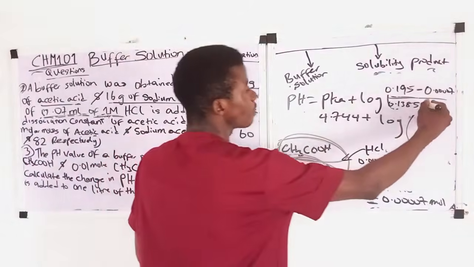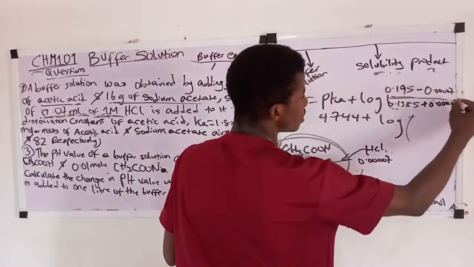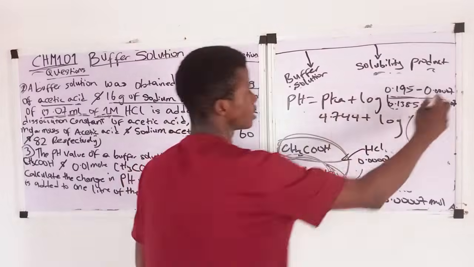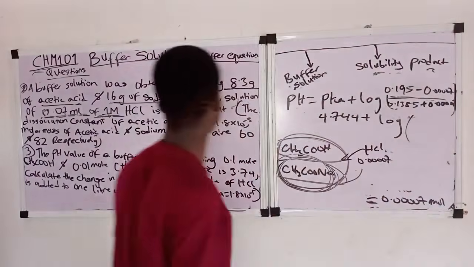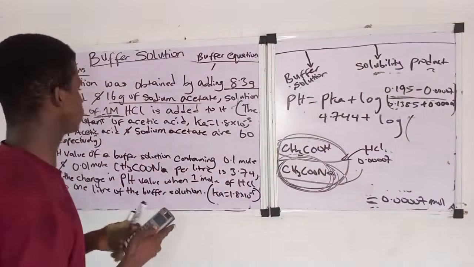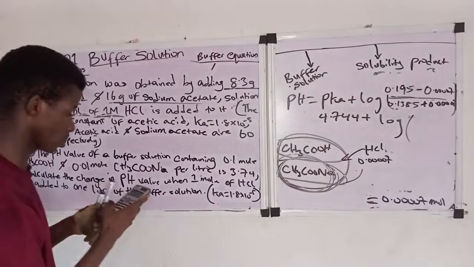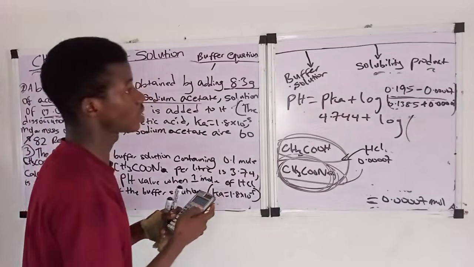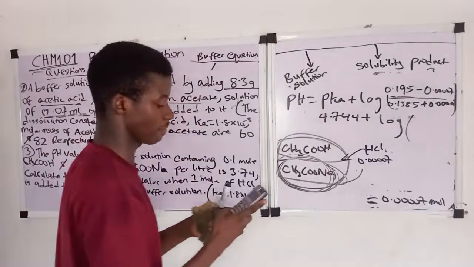So here it will be plus 0.00007. Okay, so now let's do it. We subtract this one now, 0.195 minus